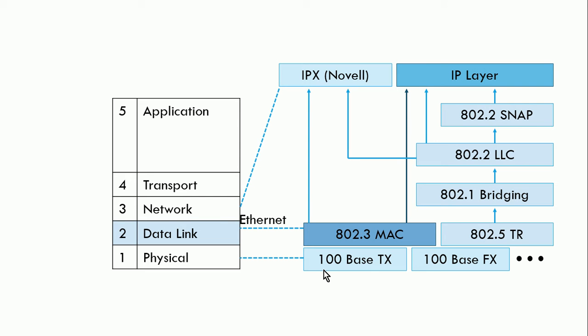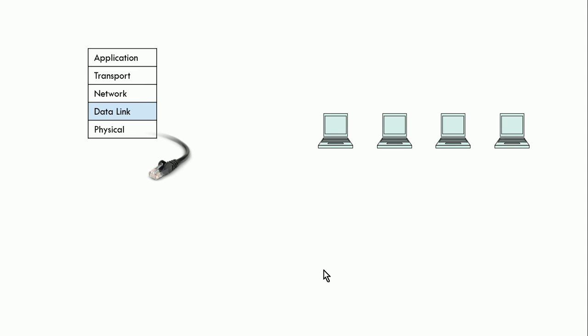So mostly what we're going to concentrate on in a course like this, for the purposes of this course, is what's most common. We'll look at the IP layer and 802.3 MAC, which is the data link layer used in TCP/IP, or mostly with TCP/IP. So the data link layer,